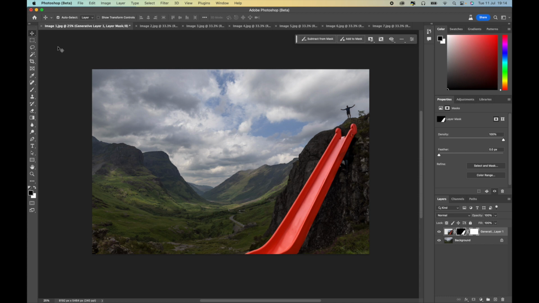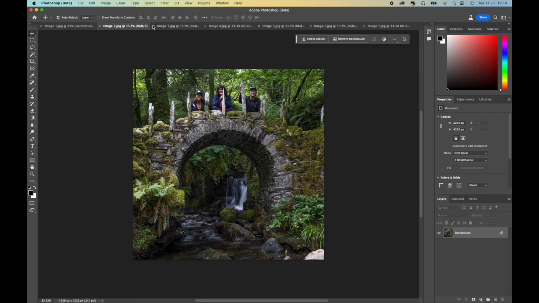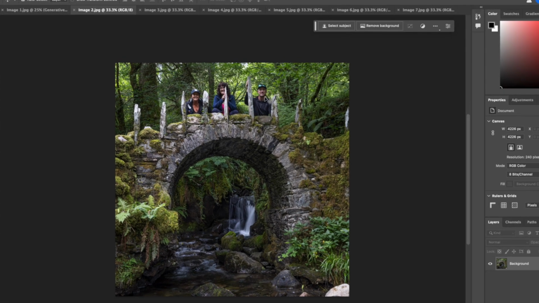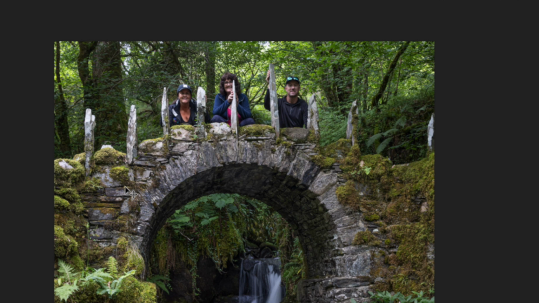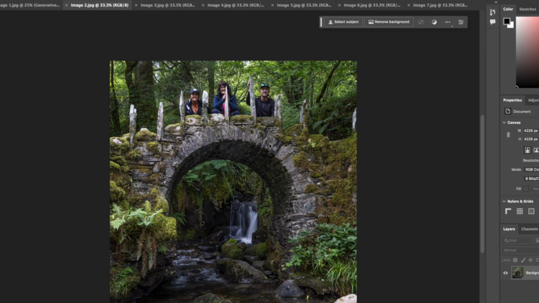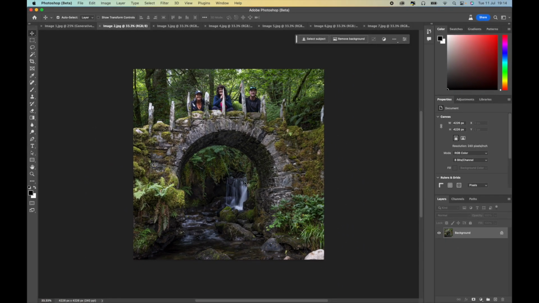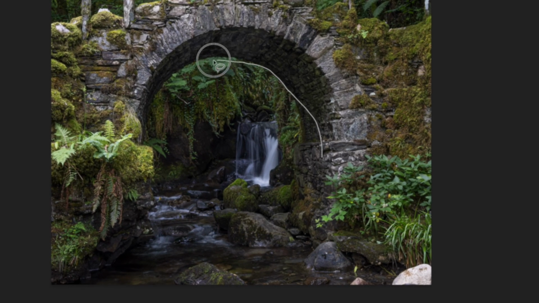So that's image 1. Now if I go to image 2, what I want to do here is show you how we've got Dave and Carlan and Julie standing on the ferry bridge at Glen Creeran, and the waterfall's pretty low at the back, but what we could try and do is give it quite more of an impressive flow. So if I select the lasso tool, and if I just select underneath the archway, I'll widen the selection round the image and then back,